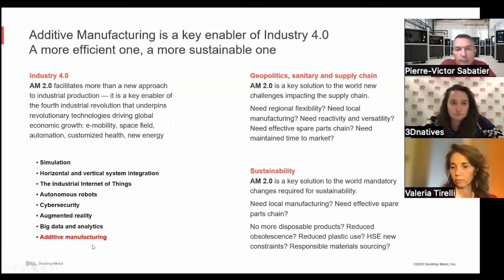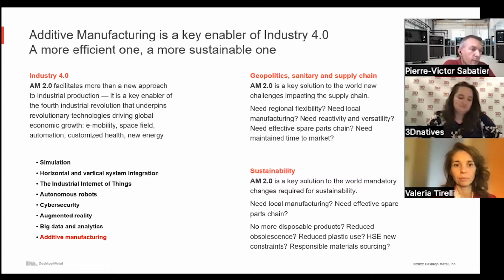So if we go back to this slide, that's the first level of the presentation I wanted to bring, speaking about the change in the world and the fact that yes, additive manufacturing is still early stage. Many things are happening. It's still a bit confusing, but the maturity is coming much faster than what the majority of people can see, and in a way that's where Desktop Metal Group can change the game, and it's really something important. If we go to the next slide.